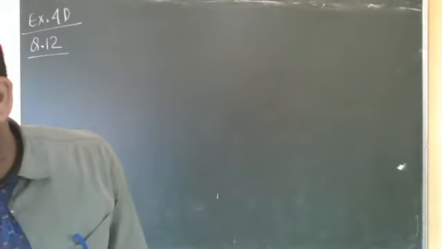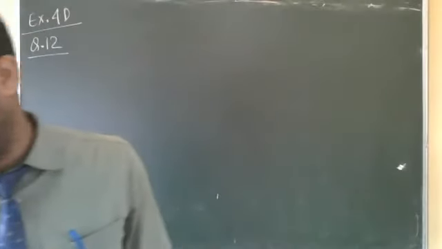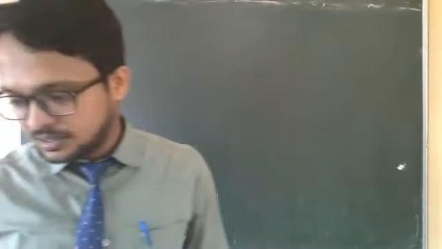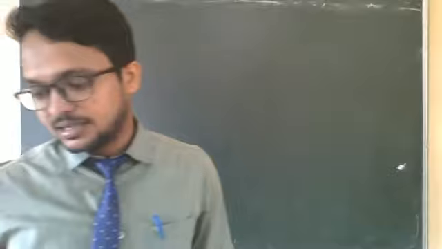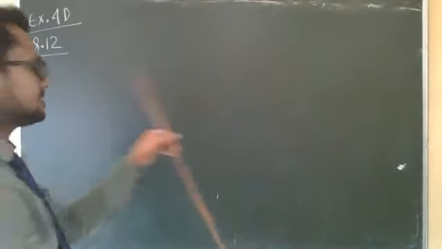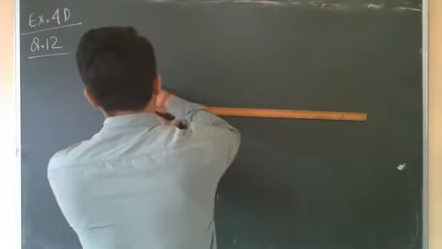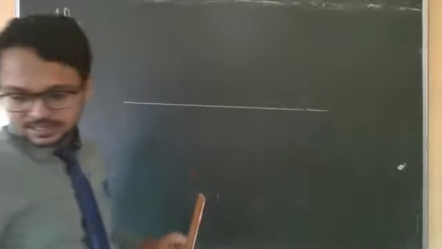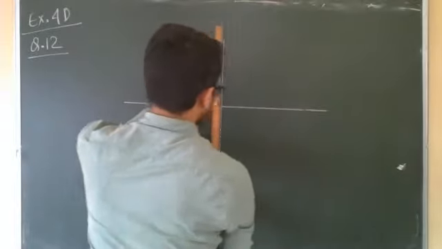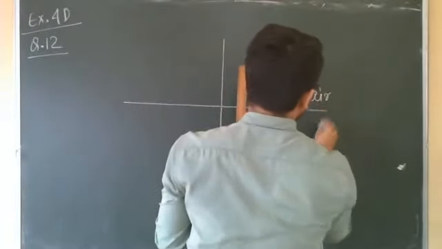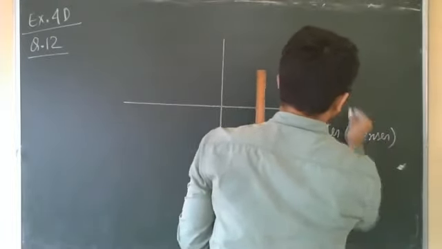A diagram is given, with a water-air surface, and the critical angle is given as 48 degrees. Complete the ray diagram showing the refracted rays for each, and state the conditions when the ray will suffer total internal reflection. You all know the condition for total internal reflection, we discussed it in the last class. This is the water-air interface. This is air, this is water. Water is denser compared to air, and air is rarer.